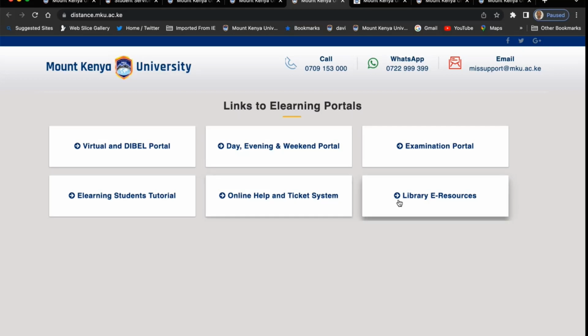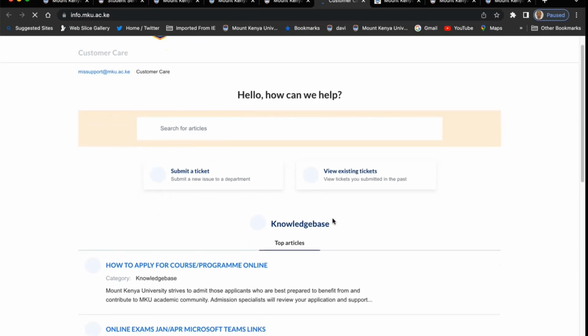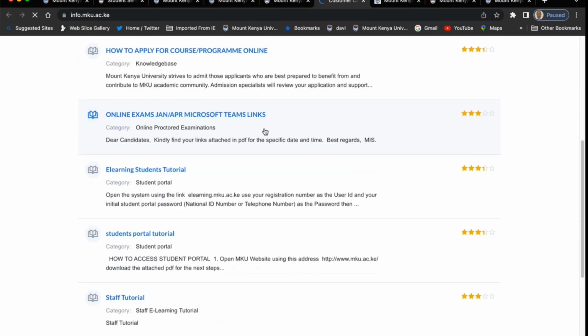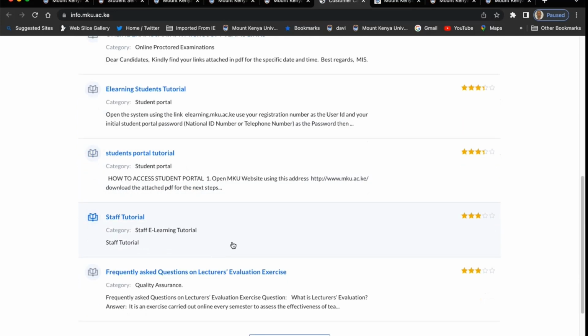We have a help desk, library e-resources, you can get them from here. We have a tutorial here on e-learning, and you can access our help desk by clicking on that. Then you can see we have a knowledge base here on how to apply and how to do online exams. There are some links on Microsoft Teams, and tutorials you can download, but you can also